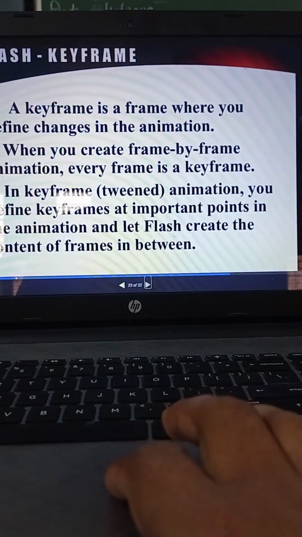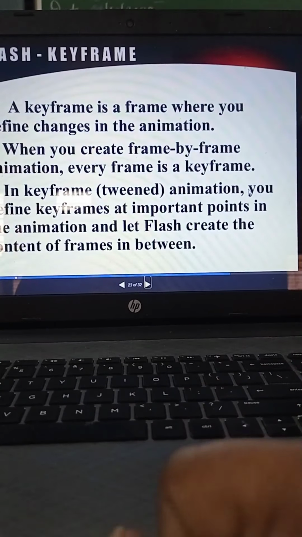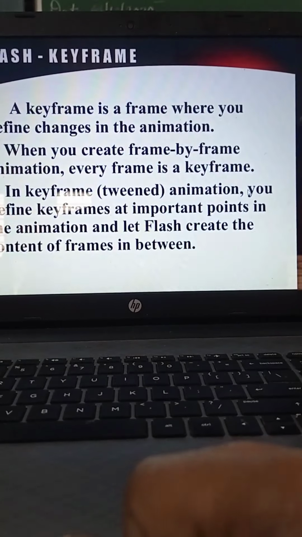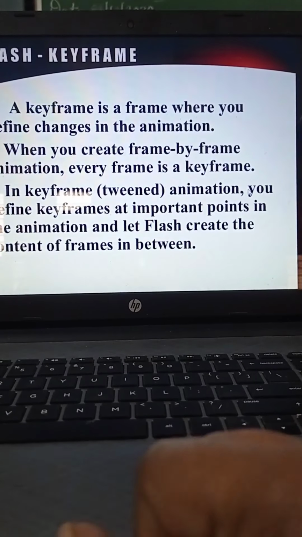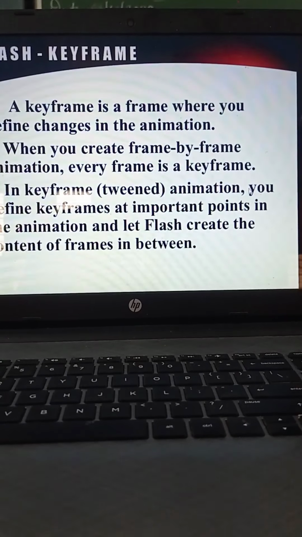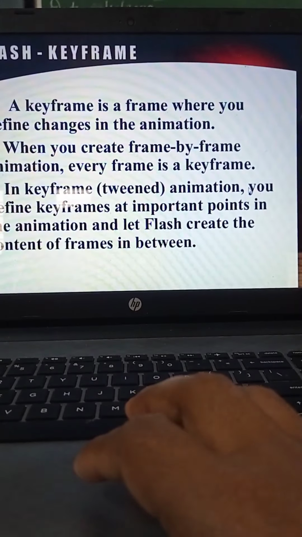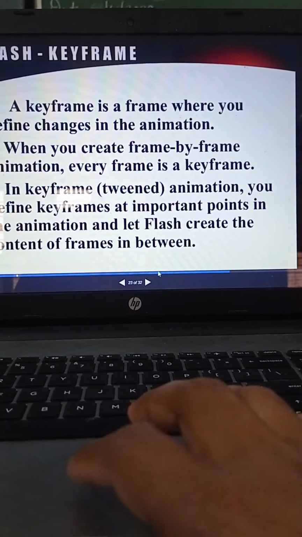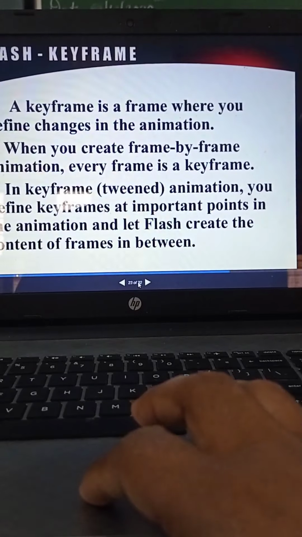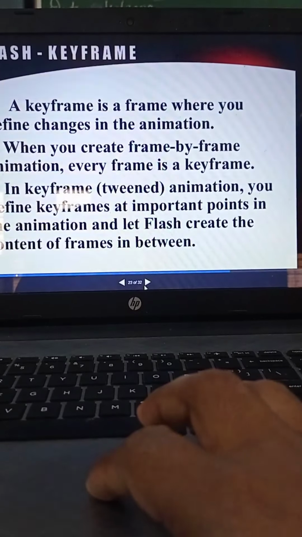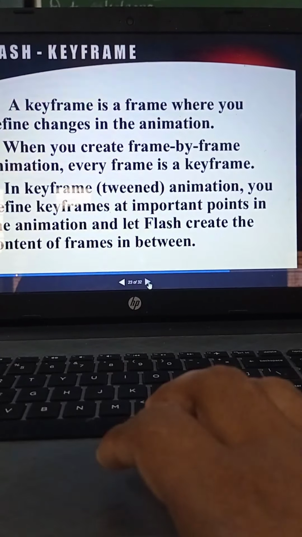Then keyframes. A keyframe is a frame where you define a change in the animation. When you create a frame by frame animation, every frame is a keyframe. In tweened animation, you define keyframes at important points in the animation and let Flash create the content of the frames in between.